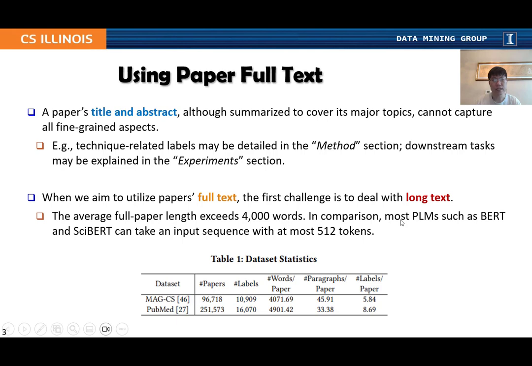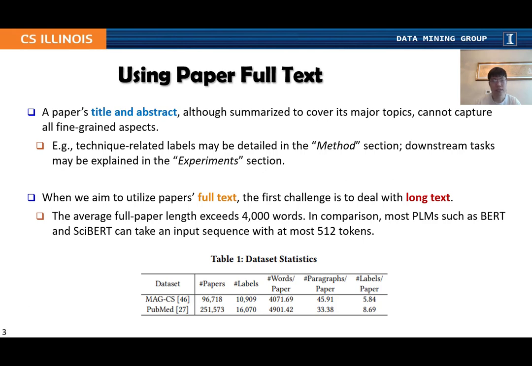Previous studies mainly considered using each paper's title and abstract only. Although they are summarized to cover the paper's major topics, they cannot capture all fine-grained aspects. For example, technique-related labels may be detailed in the method section, and downstream tasks may be explained in the experiments section. So in this study, we aim to utilize the paper's full text, and the first challenge is to deal with